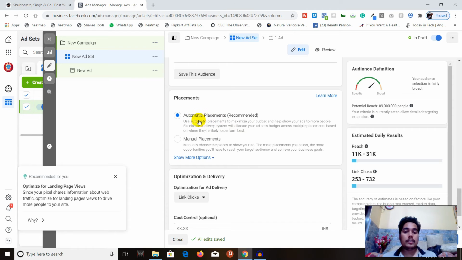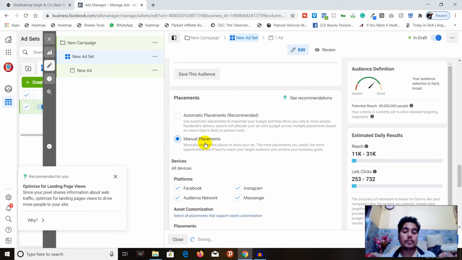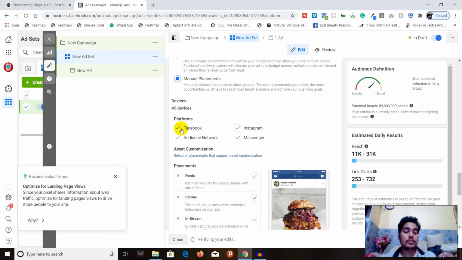Here you can see the automatic placement or the manual placement. Automatic placement is where you give Facebook all the rights: just advertise my ads everywhere possible. With manual placement, you choose on which platform you want your advertisement to be shown.